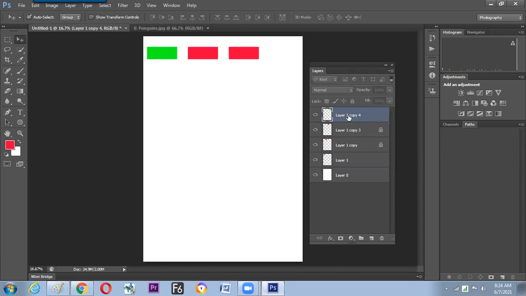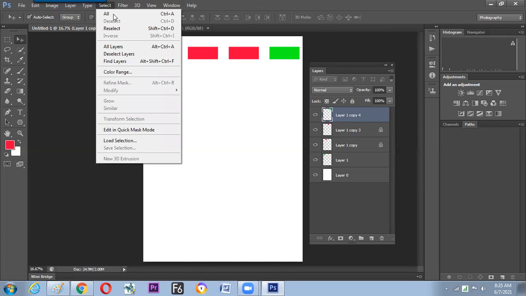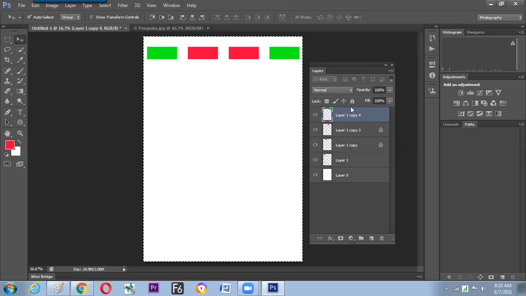Now, if we need this particular design to come to the left side down corner, then what to do? Step number 1, we select the whole canvas with Control A and select the layer. Now ask the software to go to the left side down. Hope it is clear. Right up. You can find a straight line at the edge of these two boxes, and the object will move to that side. So here we need the right side. You can also see the straight line on the right side of these two boxes.